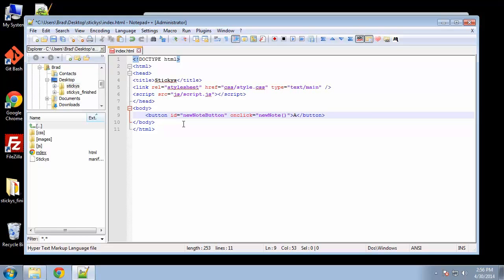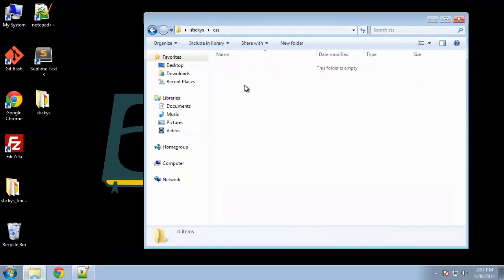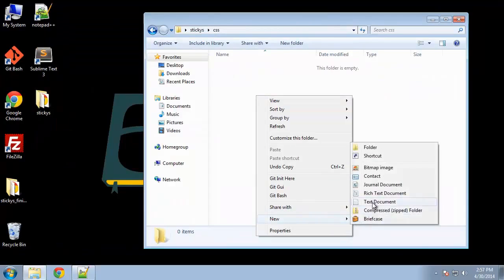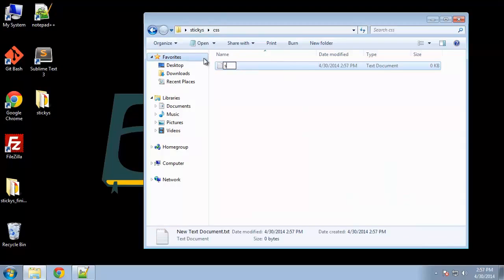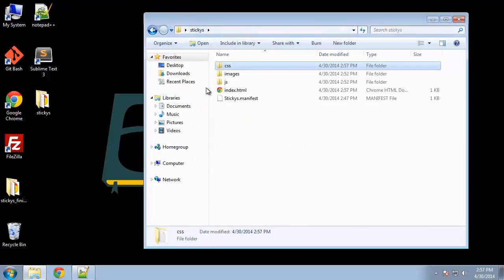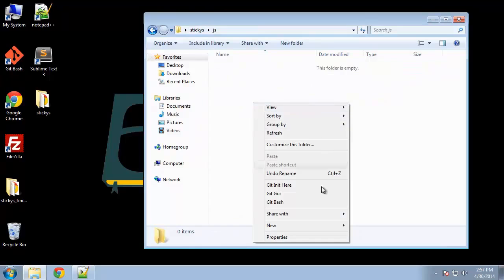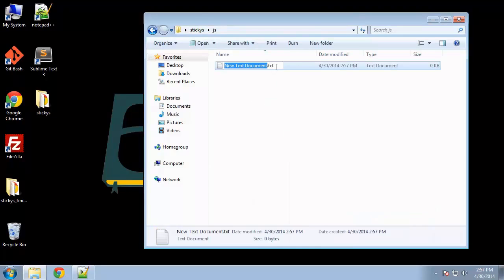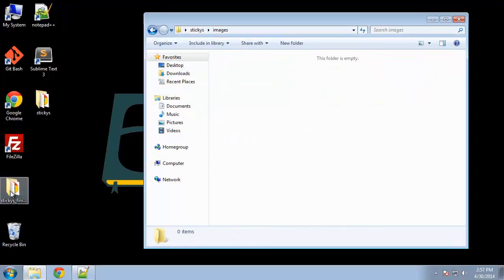Okay, and we'll make the button just say add new sticky. Okay. Alright, so let's add our CSS. We'll create a document called style.css. And I should create the JavaScript file while we're at it. And then the images I'm going to grab from the finished